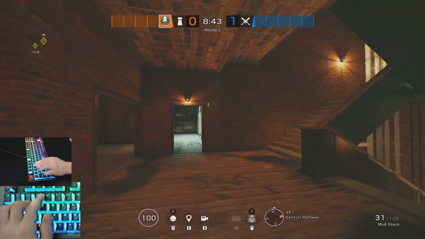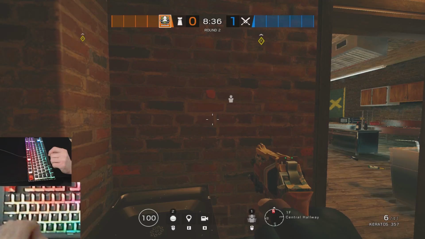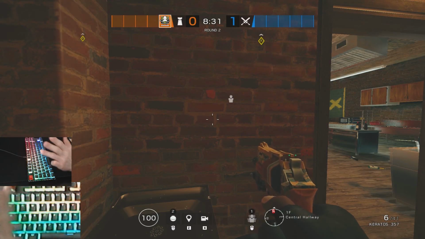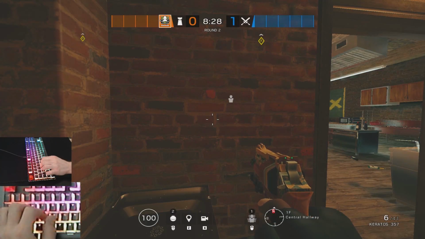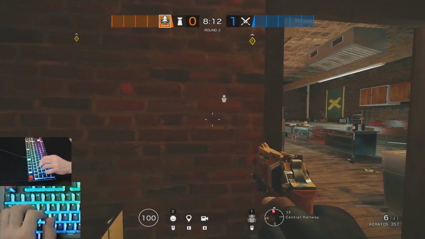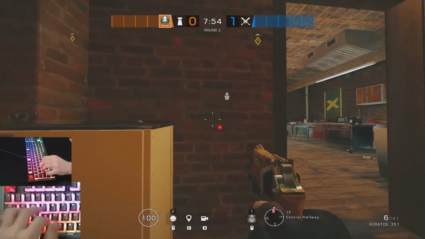Now that those are out of the way, I would like to explain the three different kinds of leanings. So you have double leaning, single leaning, and then you have single or double leaning with crouch. I will demonstrate these three right now. So here's double leaning right here. Then you have single leaning, and then you have leaning with crouch,